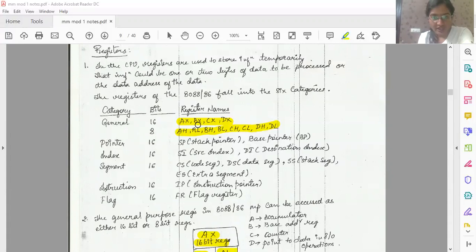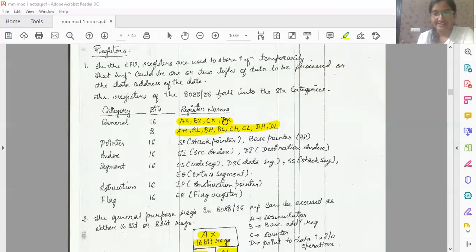For now, to know the function of the base register: what is the base register? That is BX. The function of this base register is that it holds the starting base location of a memory region within a data segment. It is used as an offset storage for forming a physical address in case of certain addressing modes. This much for the BX register.